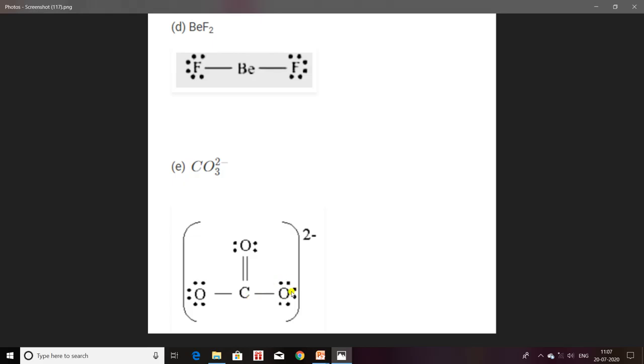So here this oxygen atom has 7 electrons due to one negative charge, and this oxygen atom also has a negative charge due to 7 electrons. So it will share 1 electron with this carbon atom, and carbon will also share 1 electron with the oxygen atom. So in total there is sharing of electrons, and there are total 2 electrons, so a single bond is formed. Here also there is sharing of 2 electrons, 1 electron is present here, 1 electron is present here, so there is a single bond. Okay, so this is how you will draw the diagram for carbonate ion.